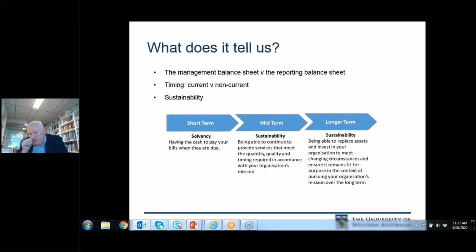In other words, in the mid-term, you need to be able to recruit clients, you need to be able to advertise, you need to be able to train and recruit staff and retain staff in order to continue to be able to develop that mission centricity. In the longer term, sustainability is also an issue, and the balance sheet really comes into play in terms of that mid-term and longer term assessment of sustainability for your organisation.